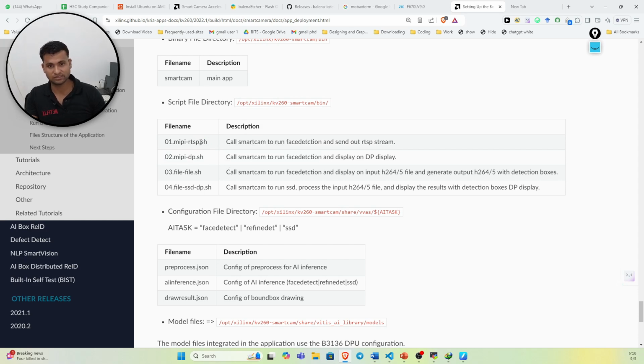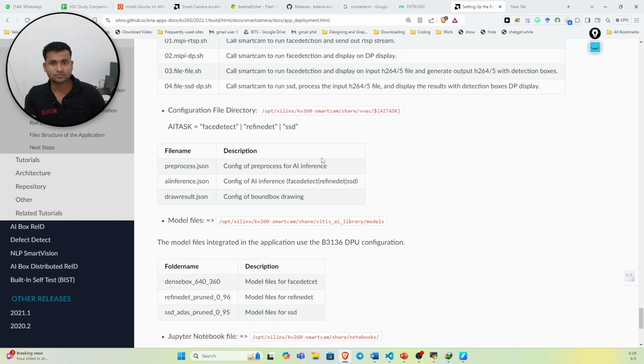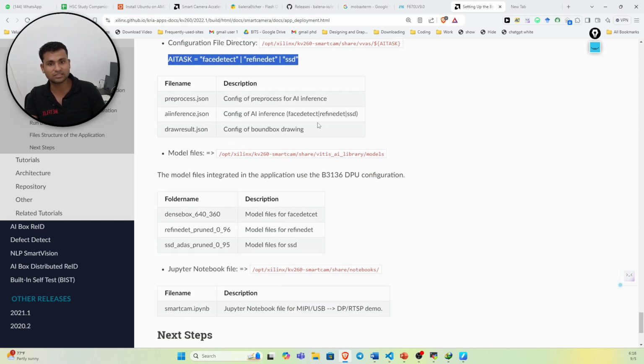You can see here the shell scripts file, and the configuration file, and the AI task, whether you want to do the face detection or you want to do the refinedet, or you can do a single shot detection. You can do all of that. You can define it inside this AI. One of these tasks you can see,